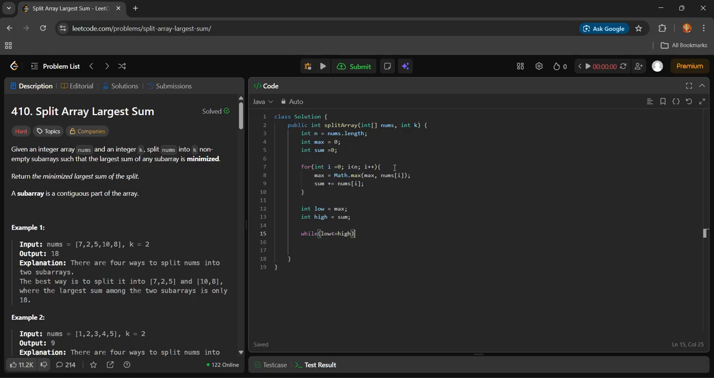While low is less than equal to high, we are going to calculate mid. Now we are going to check if our mid, if we are supposed to have a specific maximum sum, how many partitions are we going to require? So let's create a function. I will explain you the logic in the function. Let's create a function is valid,